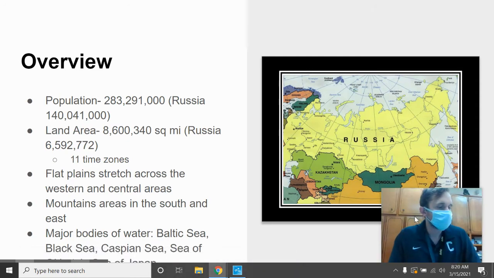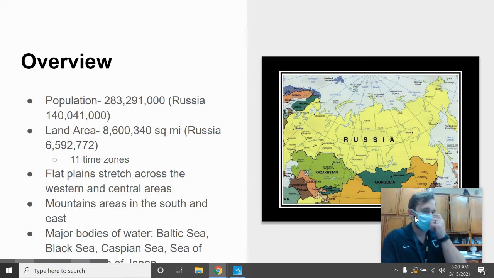So Russia and the republics occupy a tremendous expanse of territory. It's several times larger than the U.S., as we just discussed. The land area is over 8.6 million square miles. Russia makes up about 6.5 million square miles of that, so most of it is Russia, of course. The region inhabits the continents of both Europe and Asia. So Russia, of course, spans both continents. It crosses 11 time zones.